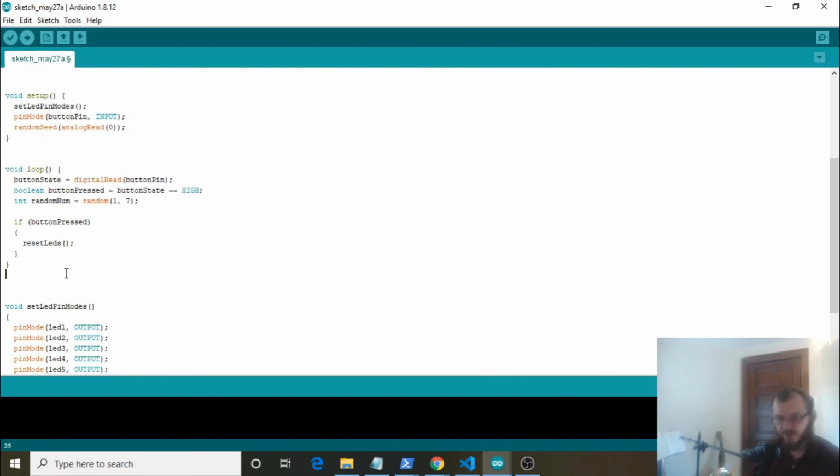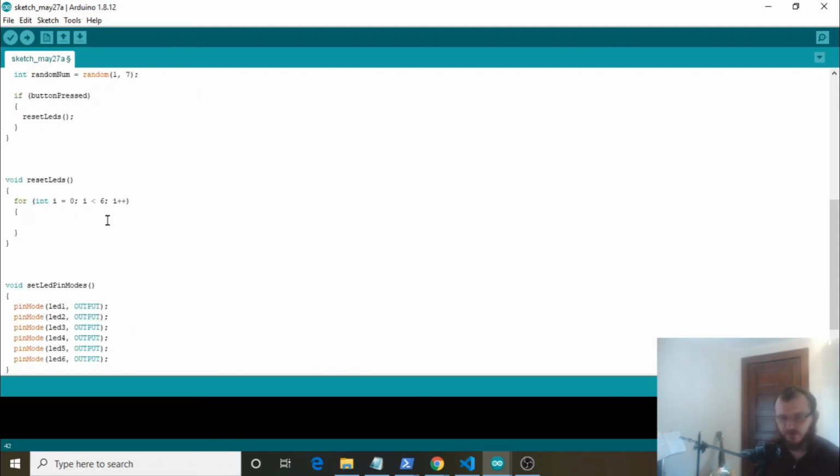So underneath our loop, we're going to create it down here, and it's void because it's not going to return anything, it's all side effects, right? So resetLEDs, and we're going to say for int i equals 0, when i is less than 6, i plus plus. And then inside of this for loop, we need to set each LED to low, because either the LED is lit up, it's on high, or it's low. And if it's already on low, that's fine, it'll just stay low. But if it's lit up, we need to turn the LED off. So we can say digitalWrite, LEDs[i],